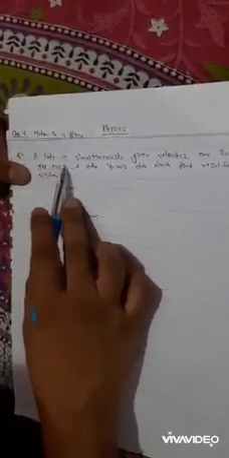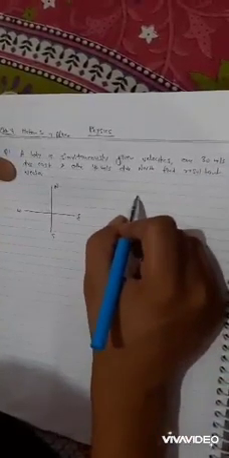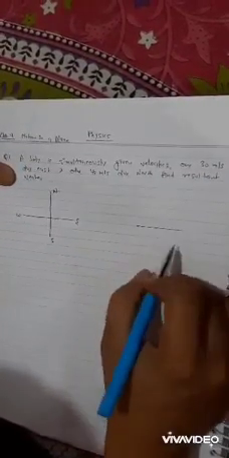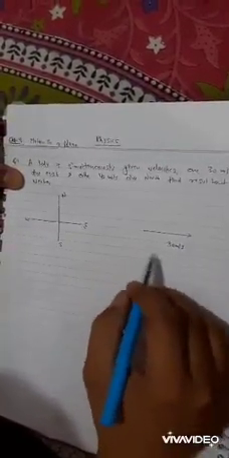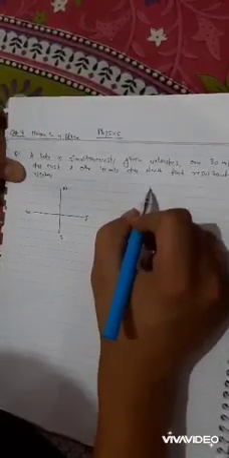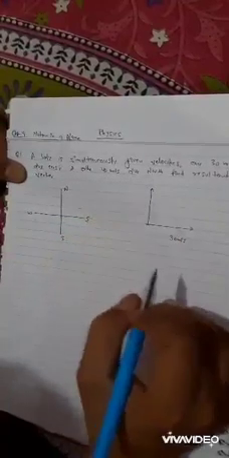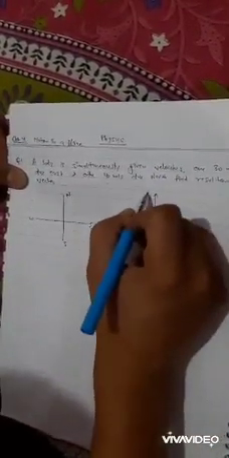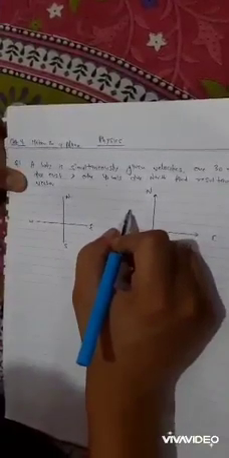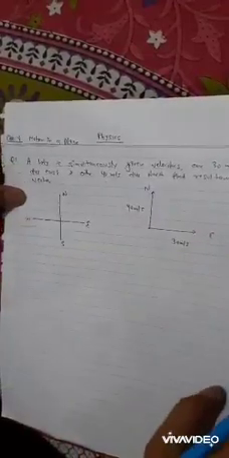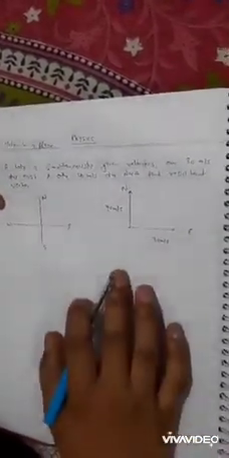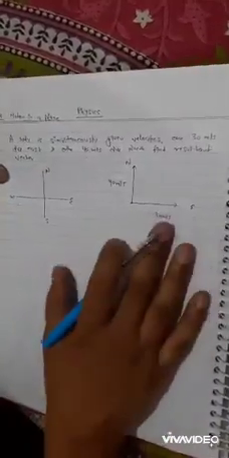They are saying that a body is moving simultaneously with a velocity due east. One is moving toward this side, that is 30 meter per second east, and another is 40 meter per second due north. This side is east and this side is north. So we have to find the resultant vector.